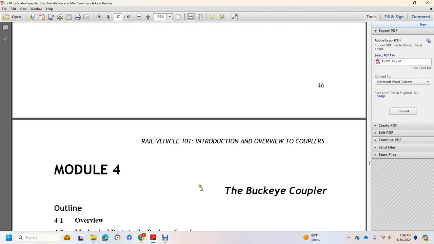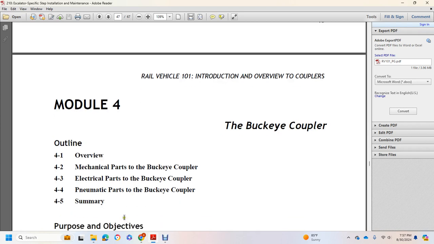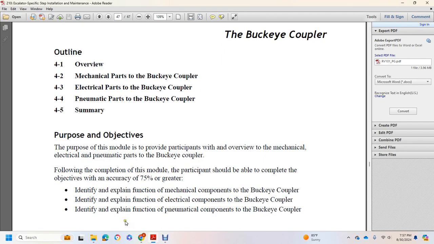Alright, Module 4, the Buckeye coupler overview: mechanical parts of the Buckeye coupler, electrical parts of the Buckeye coupler, pneumatic parts of the Buckeye coupler, summary. This module provides participants an overview of the mechanical, electrical, and pneumatic parts of the Buckeye coupler. Following completion of the module, participants should be able to complete the objectives with an accuracy of 75%